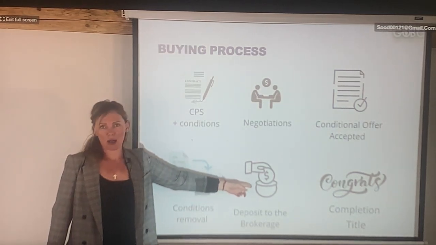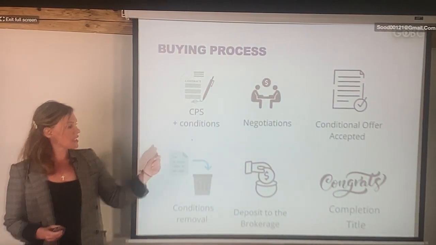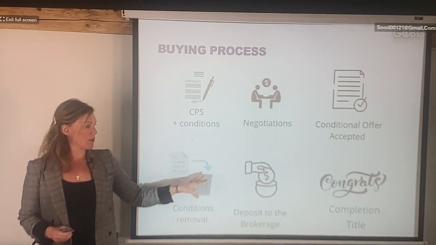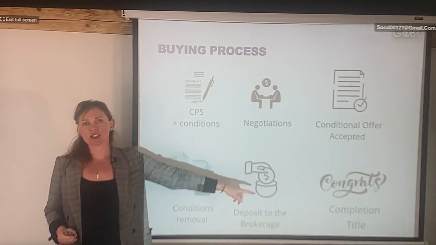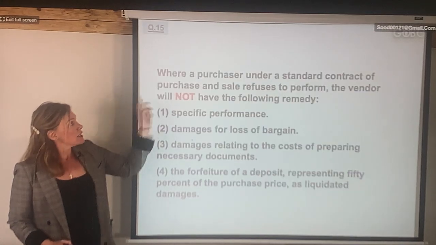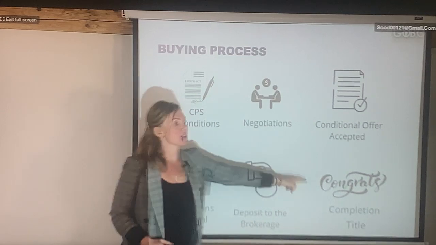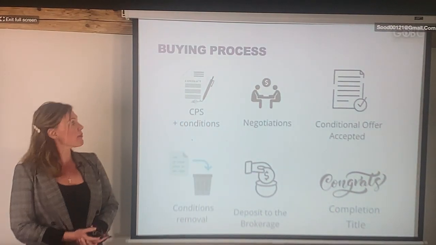You are the buyer, right? So you work with the selling agent, and that selling agent will take the deposit to his brokerage as a stakeholder. You see what happens in here. And then we're all waiting for the completion date. Completion date is when they exchange the title for the money. What if, back in the question, the buyer refuses to perform, so he does not want to complete? He already gave a deposit, but he doesn't want to complete. What happens now?